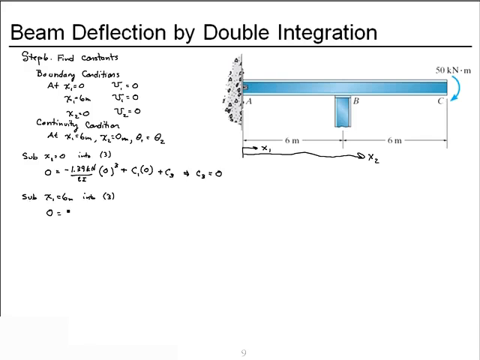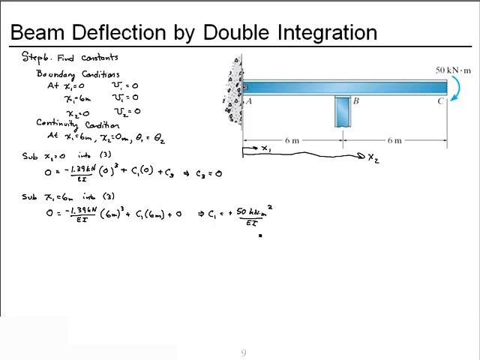So 0 equals minus 1.39 kilonewtons over EI, 6 meters cubed, plus the constant C1 times 6 meters, plus the constant C3, which is 0. Solve that for C1, and we get a positive 50 kilonewton meter squared